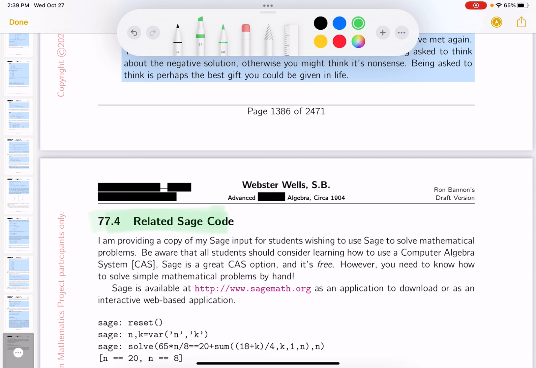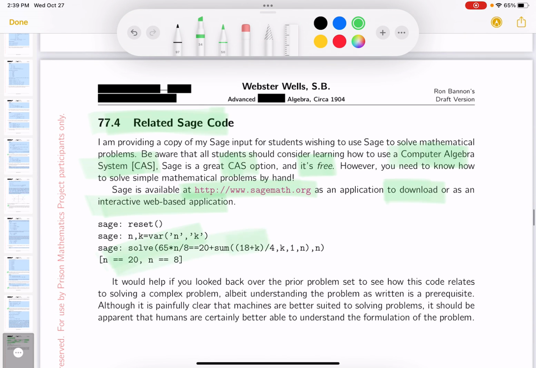Okay, related Sage code. What's Sage? It's a computer algebra system, or a CAS for short. It's open source software. Go to this website. You can download or use the interactive web-based application. I got some code over here if you want to take a look at it. The real intent here is to get you to do the problems, though. And if you have any issues with the problems,